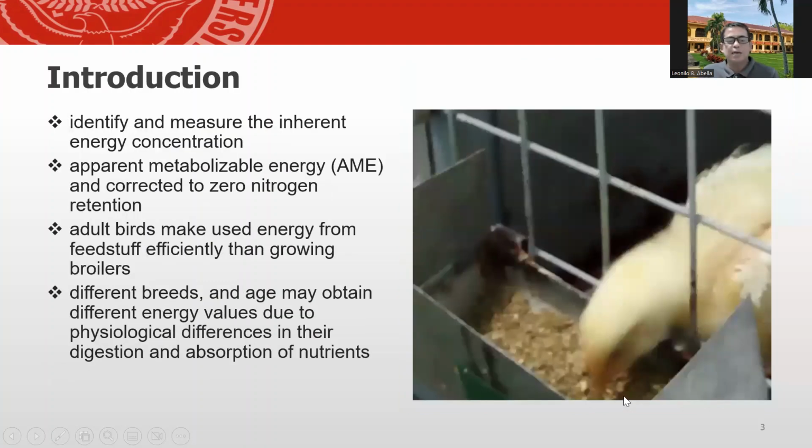So the energy represents the greatest proportion of feed cost. Therefore, it is a must to identify and measure the inherent energy concentration of a feedstuff as a basis in feed formulation. Protein, carbohydrates, and fats digested and absorbed will yield energy that is used in the normal functioning of